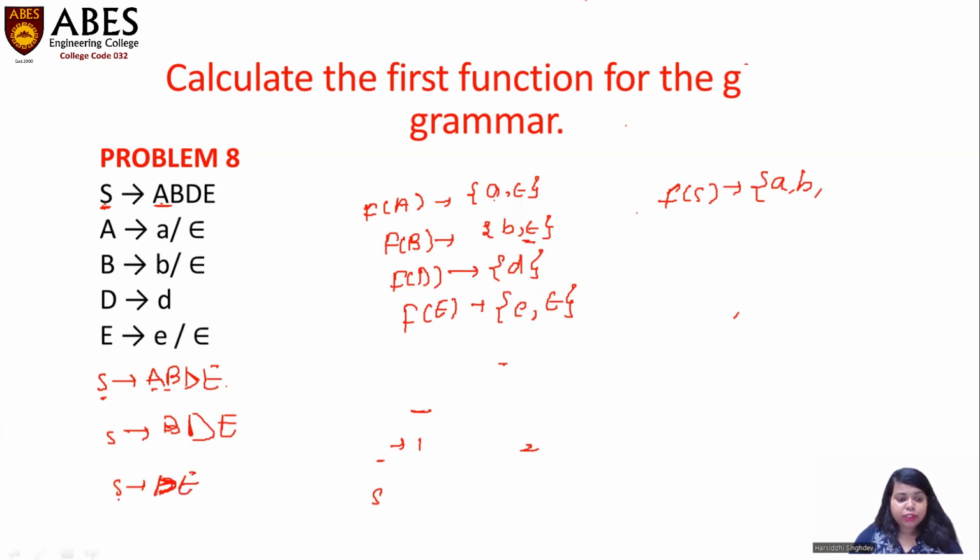So now what is first of S? First of S will be first of D. And what is first of D? First of D only contains the terminal symbol small d, no epsilon. So we can say that D is reduced to small d and capital E. Now here d is a terminal symbol which cannot be replaced by epsilon. So this string will stop here, and the first of S contains small a, small b and small